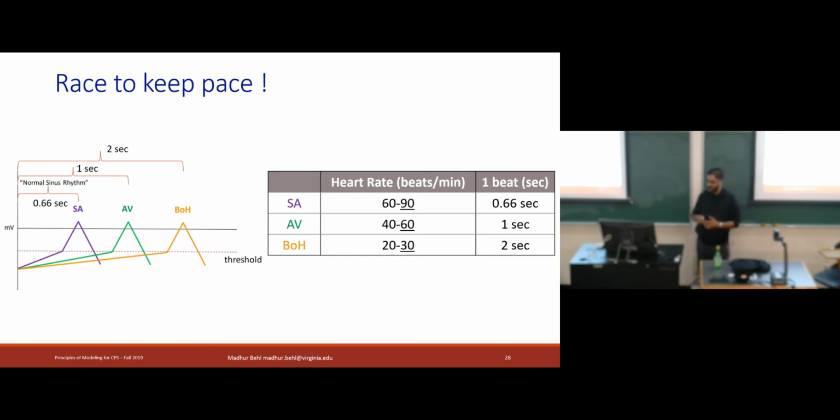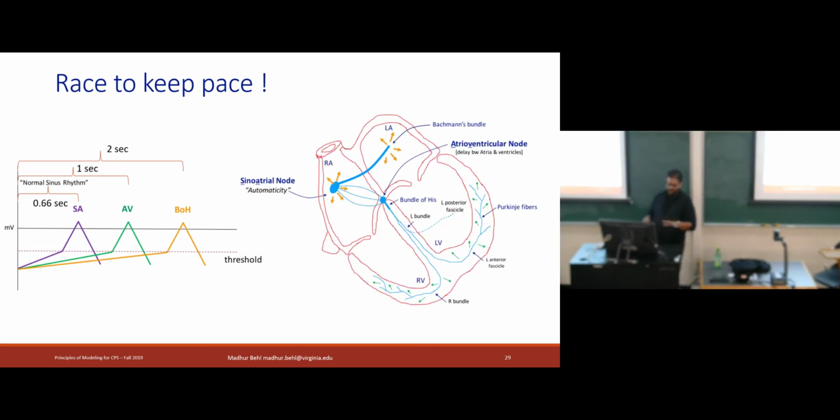Because you can look at the number of beats per minute, translate that into the number of beats per second, and that will give you the period at which we are looking at the heart. So 90 beats per minute is equivalent to saying that the SA node is responsible for the pacing of the heart. Just so that you haven't forgotten already, the SA node is the one on the right atrium, the AV node is in the middle, and the His bundle is the rest of the ventricular part of